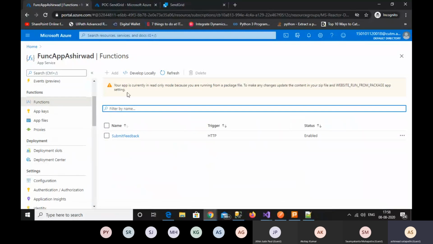I cannot add directly in the portal. But if I had created one using the portal, I could have added, as well as published, a locally developed Azure function. This is one constraint. You cannot check the files over here, which I have uploaded, because it doesn't allow you